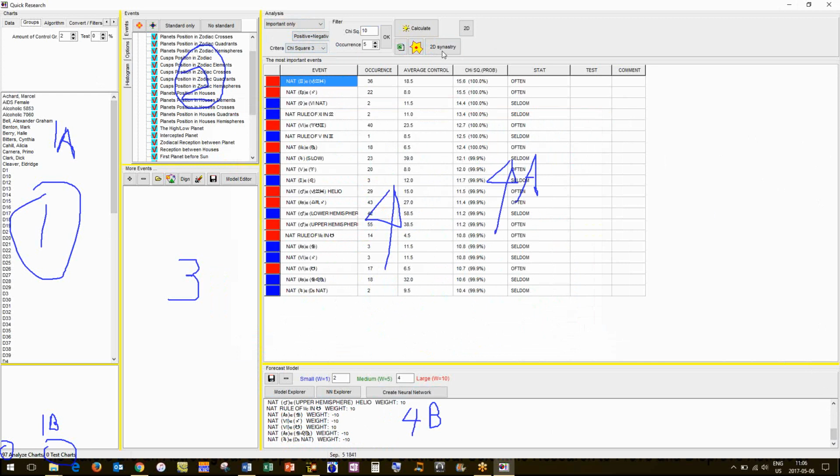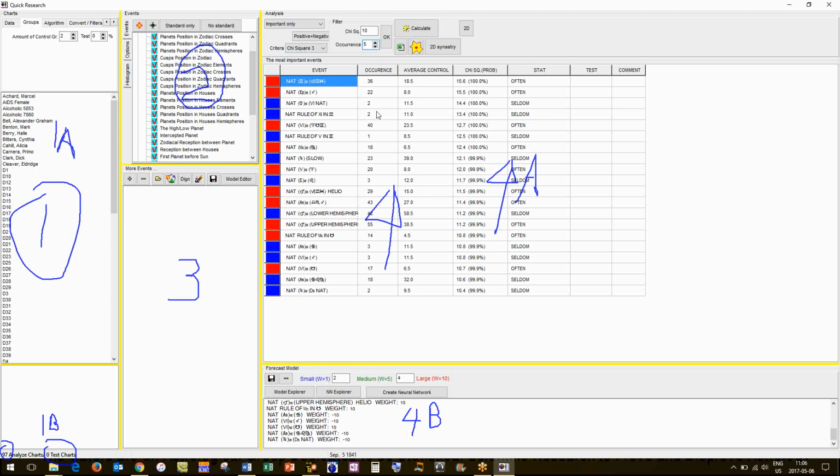Now, there's a couple other things here. 2D synastry, we're not going to worry about that right now for these kinds of studies. That's a whole separate module on its own. Okay, so basically we've got this. Oh, and the other one is the number of occurrences. You can set the number of occurrences as a minimum that you want to allow as being worked into the important data. Normally we find that setting it at 5 is the default.